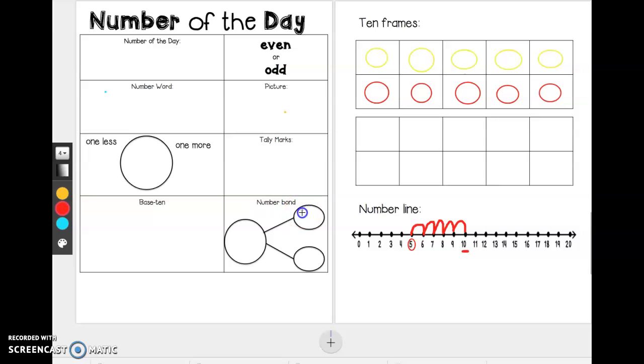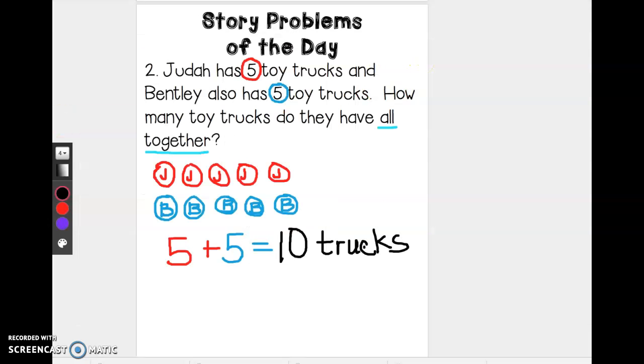If I use my number bond, there's 5 and 5 more. If I join those together, because that's what I'm doing when I'm joining, 5 plus 5 equals 10. Because remember, part, whole. Okay, so now let's look at our next